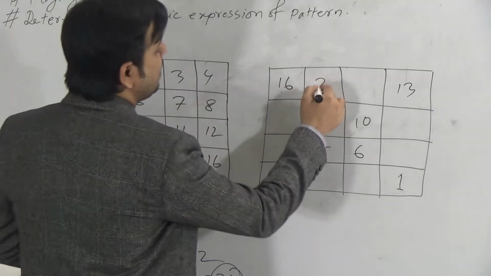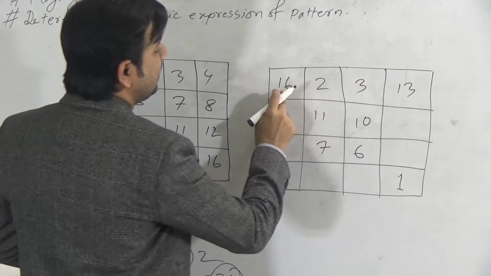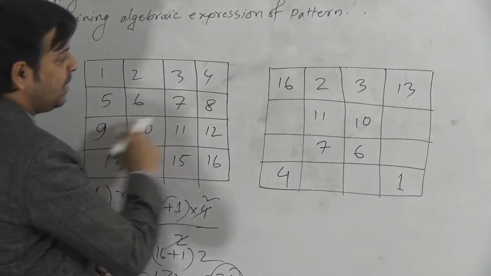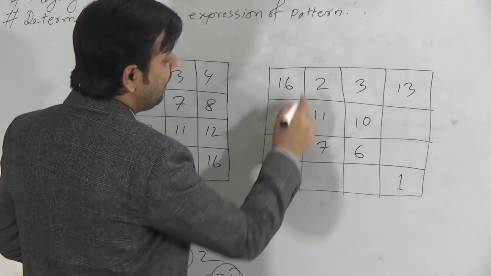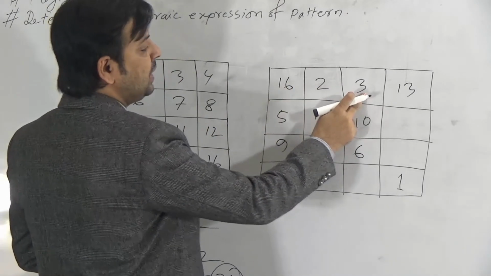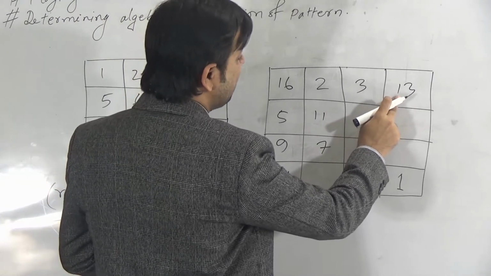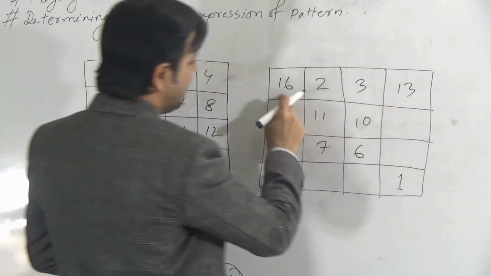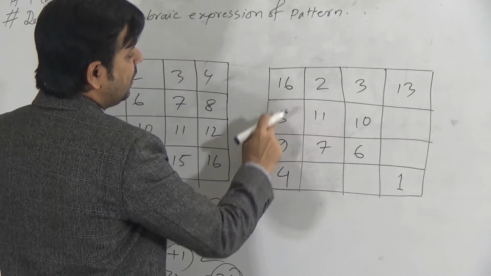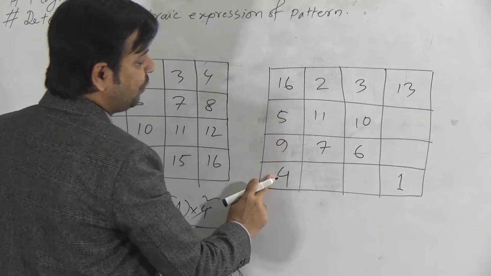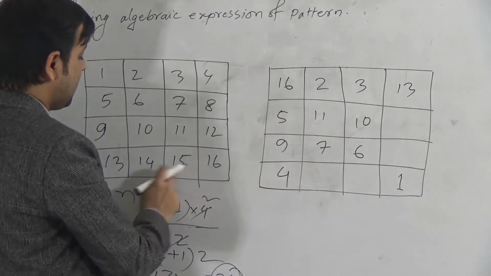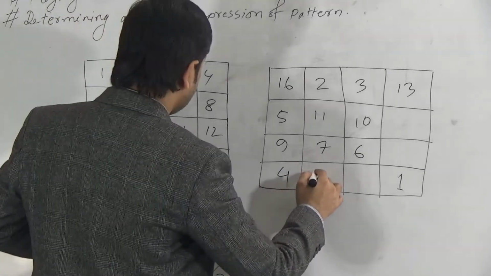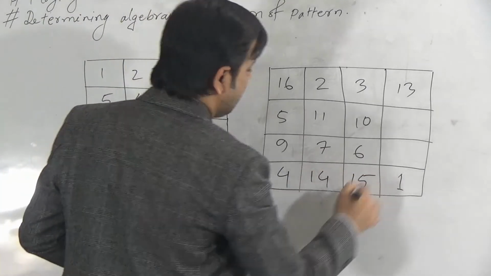Here is 5 and 9, put 5 and 9. Now you can check 16 plus 2 is 18, plus 3 is 21, and 13, that is 34, sum is 34. Now check 5, 16, 5, 21, 9, 30, 34. So if you put this number in this way, no problem, this will be done. Just you have to change the diagonal in this case, nothing else.